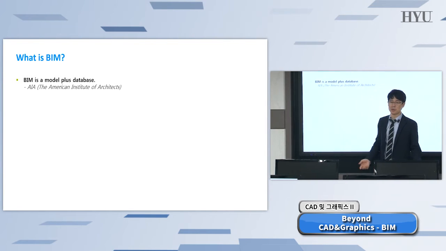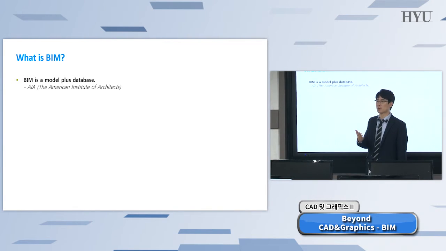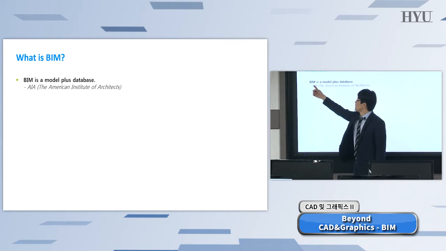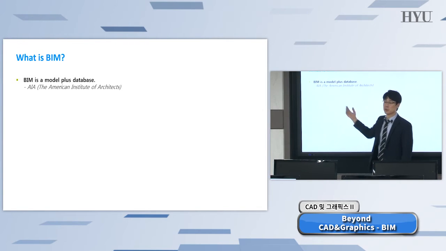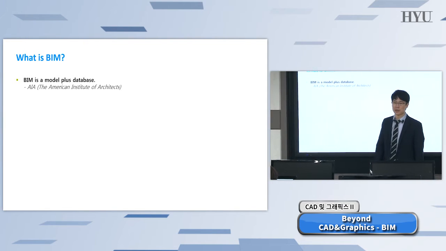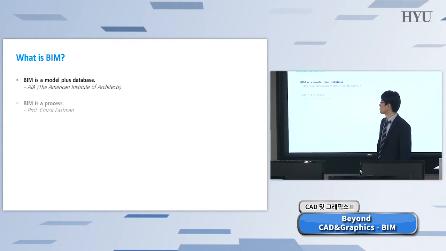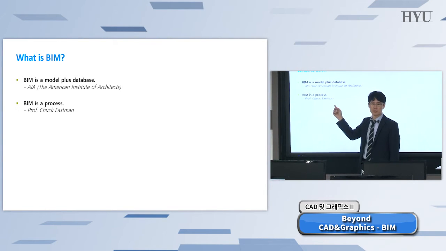Database means any type of data or information you need for that building, okay? This simple phrase is, I think, a very good definition, a very good description about BIM defined by the American Institute of Architects, AIA, okay? Another one, the kind of father of BIM, my former advisor, Professor Chuck Eastman, coined this term,